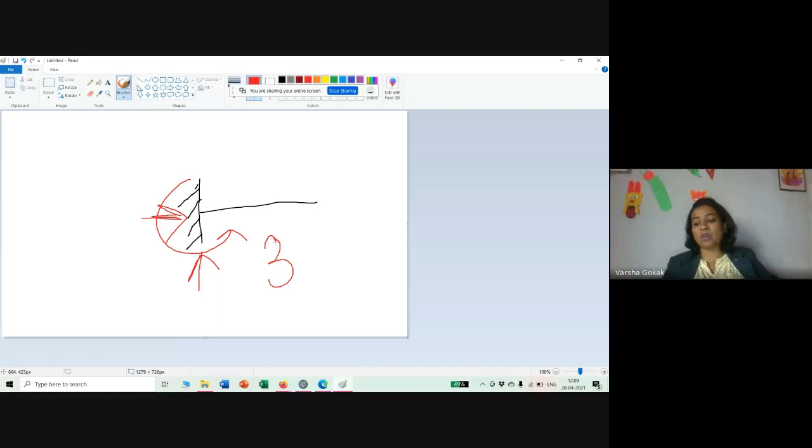So this is the basics of where the total number of reactions are coming from. Where it is not allowed, that becomes your reaction. So roller and simply supported, total number of reactions is 1. Hinge, total number of reactions is 2, that is horizontal and vertical. And a fixed will have total number of reactions as 3.